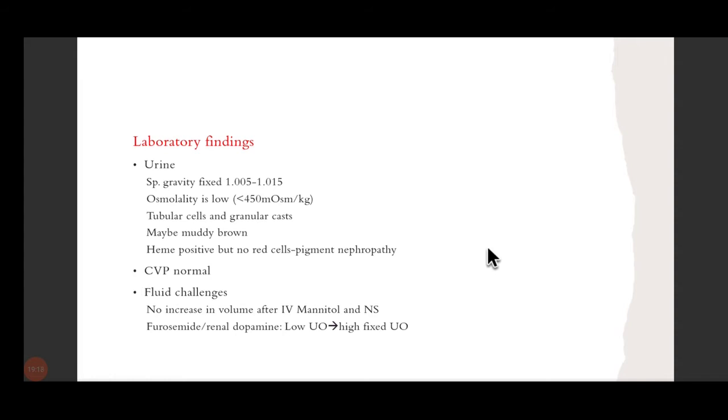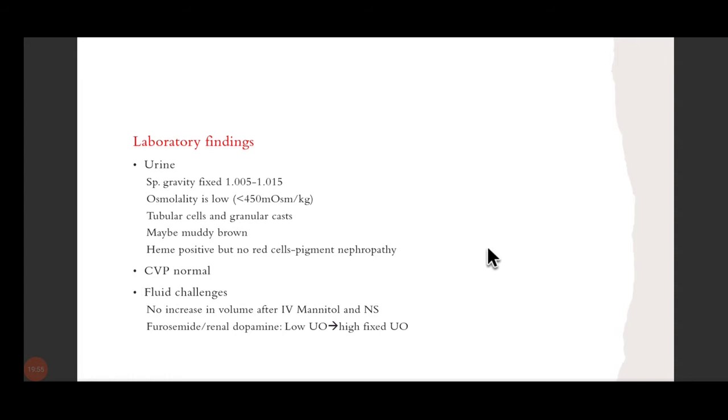Laboratory findings: the urine will have a specific fixed gravity, as I mentioned earlier, between 1.005 to 1.015. The osmolality will be low here, less than 450. And you may see tubular cells or granular casts on microscopy. The urine may be muddy brown, and in cases where the urine is heme positive but you don't see any red cells, you can consider the diagnosis of pigment nephropathy. The CVP may be normal here, and